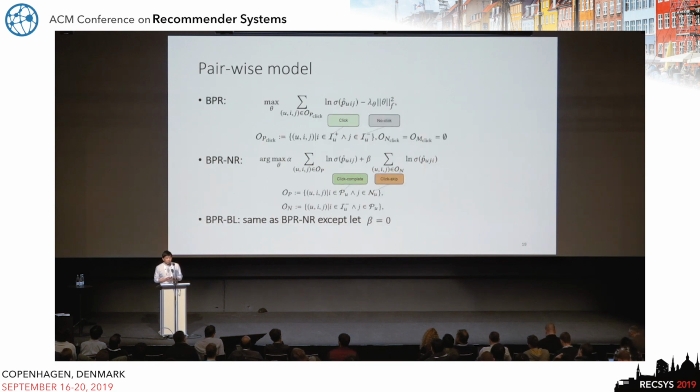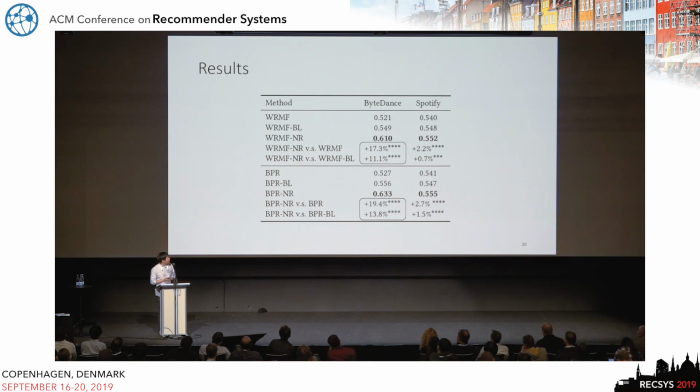Similarly for Bayesian personalized ranking, the assumption is that we sample from two pairwise sets. The first step is that we ask the click-complete items to be ranked above, or preferred over, the click-skip items. The second step is that we want the click-complete items to be preferred over non-click items. We also introduce two hyperparameters here, alpha and beta, and we also test the case where we fix beta to be 0 and compare it with the case where we explicitly learn from this negative set of observations.